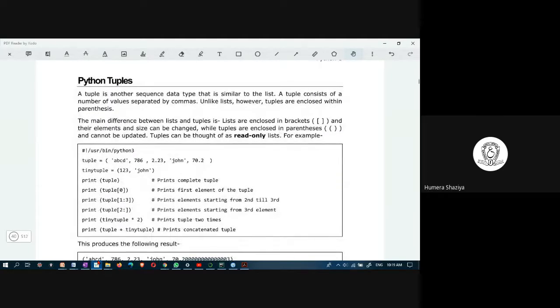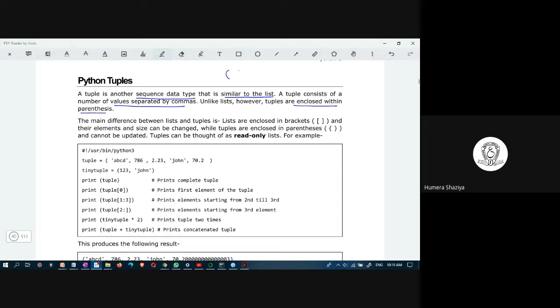Python tuples. We will anyway study all of these in detail. Right now, for you to have an idea so that we can execute programs, this is the introduction. Tuple is a sequence data type. Even list is a sequence data type. It is similar to list. A tuple consists of number of values separated by commas. However, tuples are enclosed within parentheses.